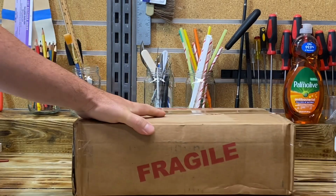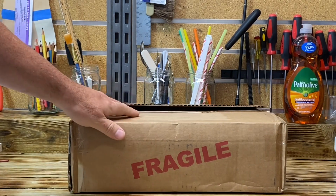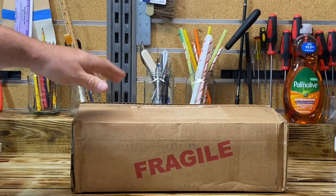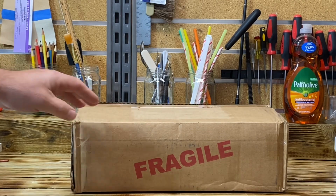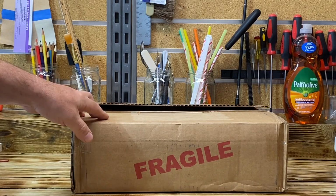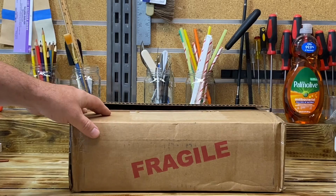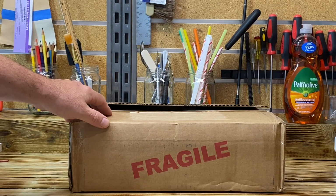Now, inside this box is a Captain Marvel Adventures number 27. This is the book that I conserved along with Mike from Night Tiger Comics. He had the same Captain Marvel Adventures number 27. So let's go down memory lane for a recap, and let's check out the grade reveal